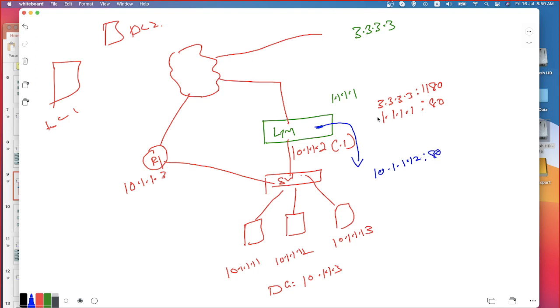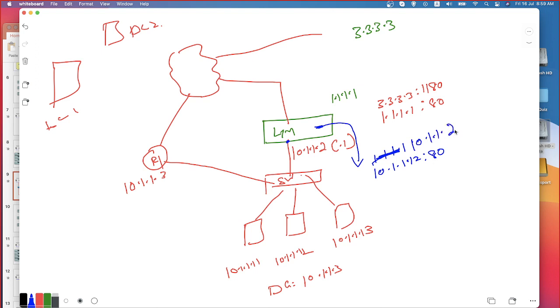By default, you will not be modifying the source IP address. What if I ask my LTM to translate the source address to the virtual server's IP address? Now what happens? Can you please tell me what happens now? Now the server is receiving the request, right? Not the virtual server's IP, I'm sorry. That's the wrong one. This is not the virtual server's IP. The source interface is what is going to be used for translation. 10.1.1.2. That's the IP address it gets translated to.